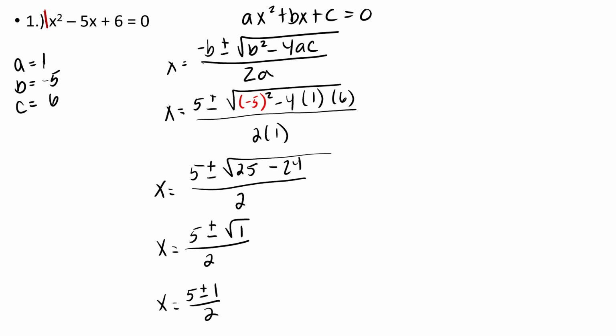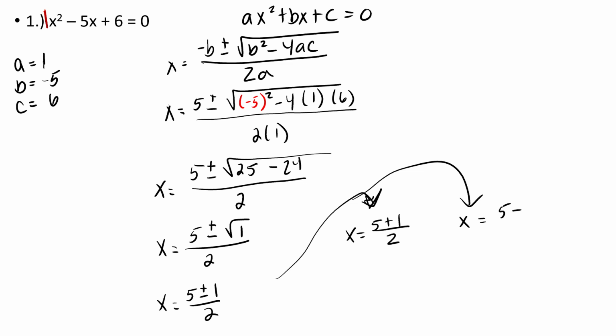And now this is simplifiable further. So you want to simplify these as far as they will go. And we cannot add and subtract. That is supposed to be an arrow. There we go. It's a little bit better. Okay. And so one of these is 5 plus 1 over 2, and the other one will be 5 minus 1 over 2. 5 plus 1 is 6, and 6 divided by 2 is 3, so one of the answers is 3. And 5 minus 1 is 4, and 4 divided by 2 is 2. So we have answers of